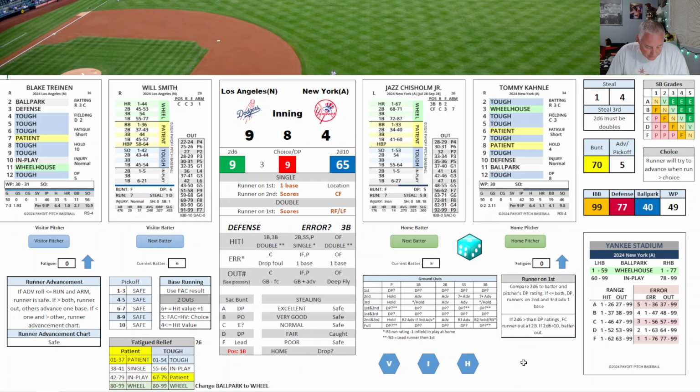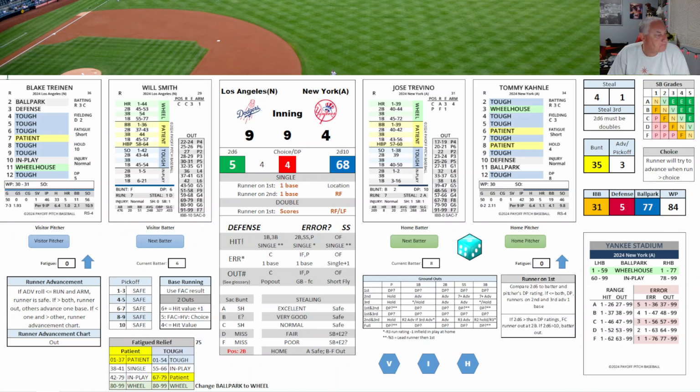Okay, bottom of the 8th. Chisholm's up, 9-4. Tranian in, 3. Defense. Range, second base. That's an 87. That's going to be a ground out, 1 out. Volpe, 5. Tough, 95. Fly out. 2 down for Rizzo. And Tough, 68. The Yankees are going quietly tonight. That's the bottom of the 8th. No runs, no hits. We go to the 9th.